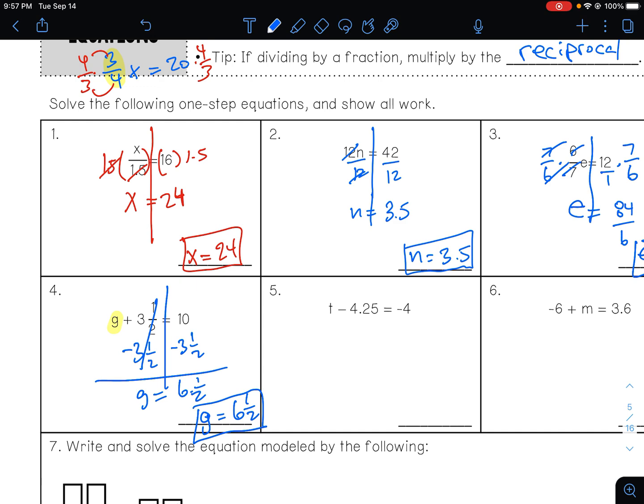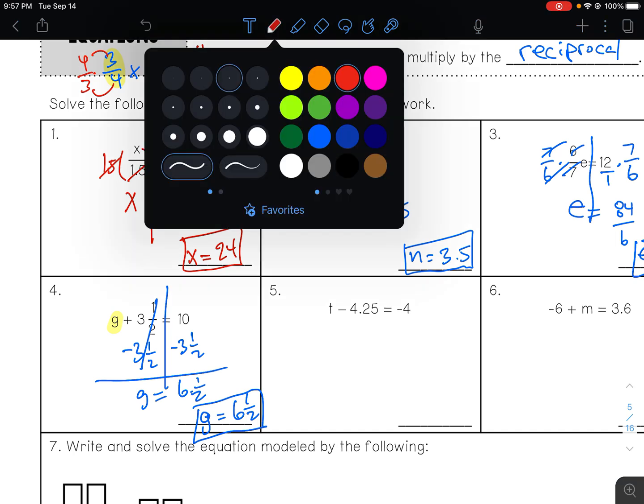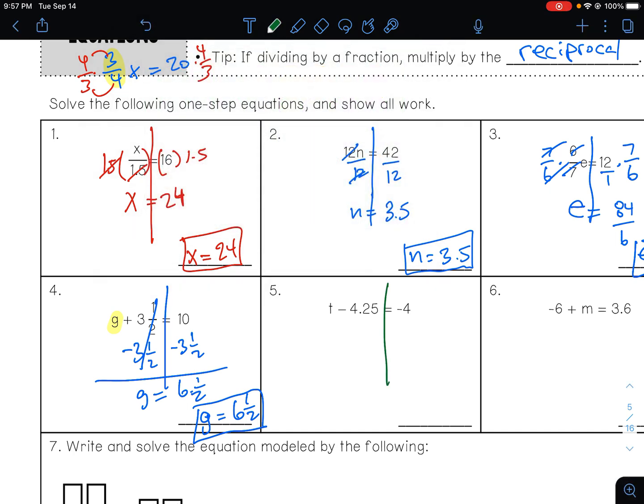Number 5. Let's go ahead and change my color for the fun of it. Let's go with dark green, actually. That's more fun. We have t minus 4. The opposite of minus 4 is plus 4, which means I'm going to add 4.25 over here. This cancels. This is basically 4.25 minus 4, which gives us